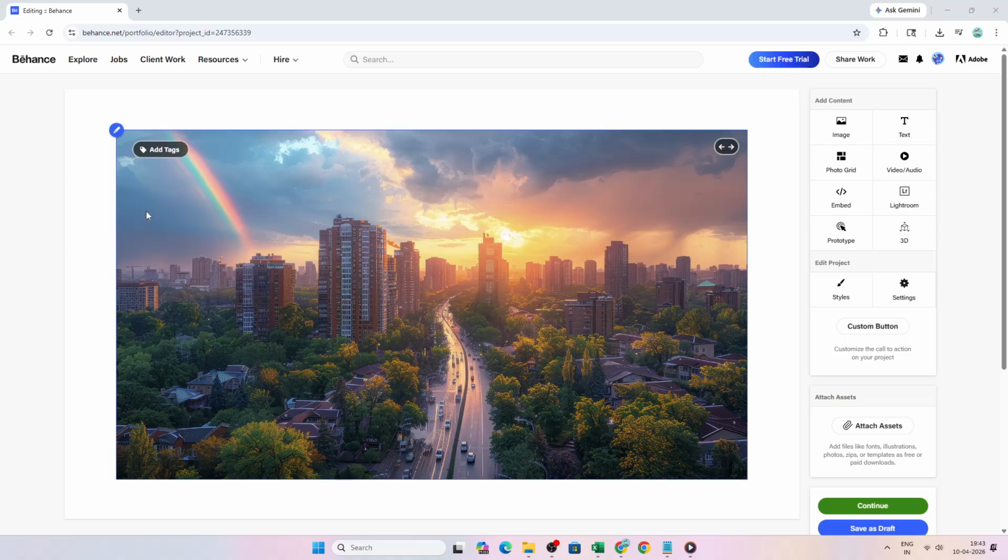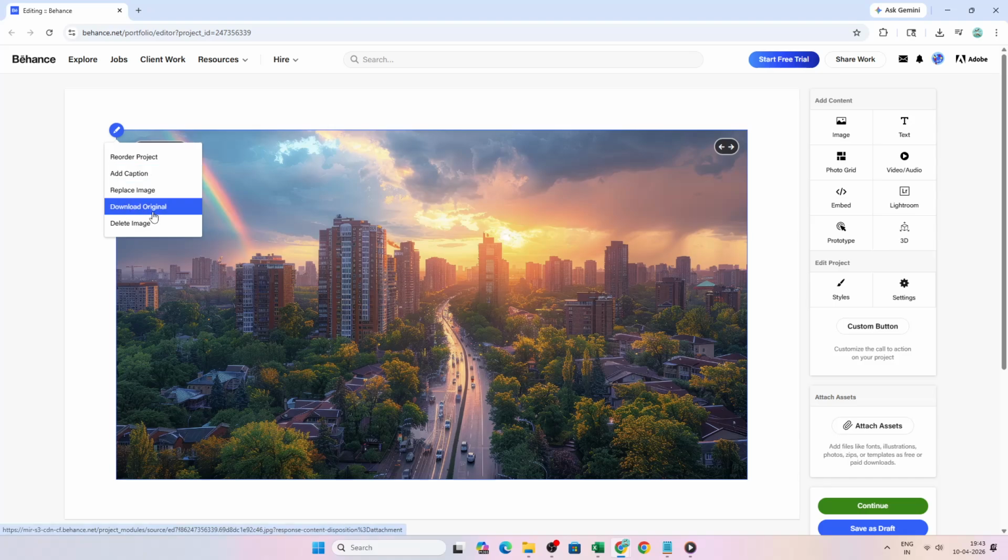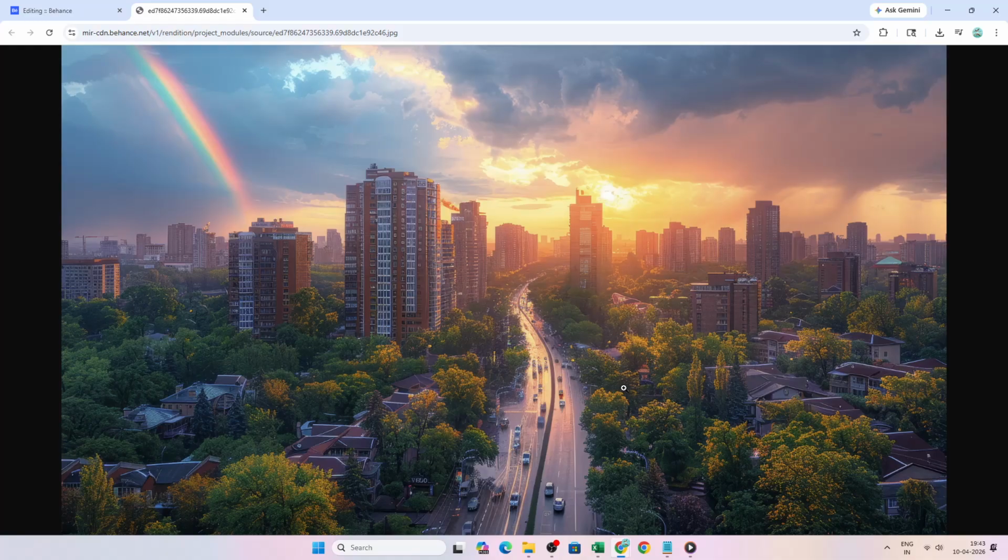Open your project editor on Behance. When you hover your mouse over an image inside the editor, you'll see a small blue pencil icon appear on the image. Click that icon to reveal the edit options for that specific asset. Then select Download Original. This pulls down the full resolution file that you uploaded, which is ideal if you need the exact quality for your portfolio,